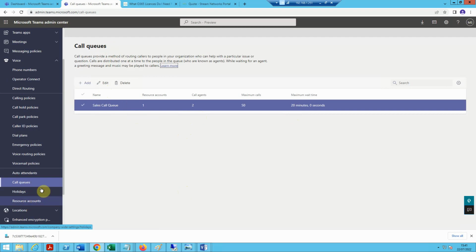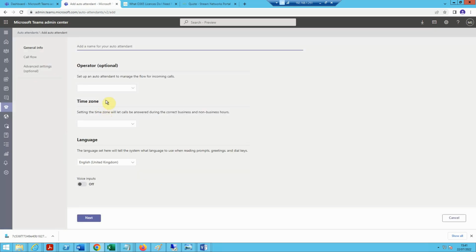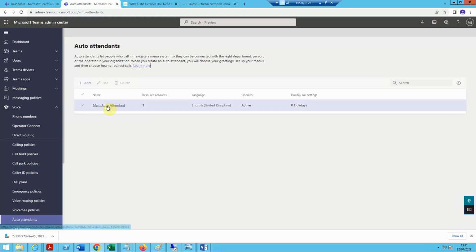Now if we go to auto attendants, click on auto attendants. Here we've got our auto attendant. Literally it's very point and click, so if we click add, we can create a new one. I'm not going to do this now, I'll just show you our existing one. So if we click on the main auto attendant,